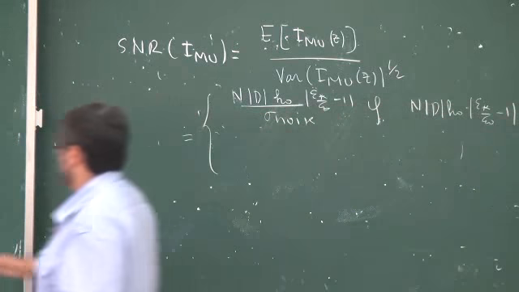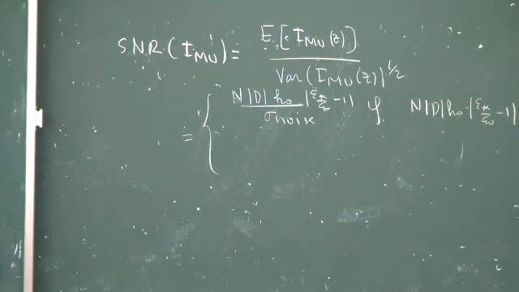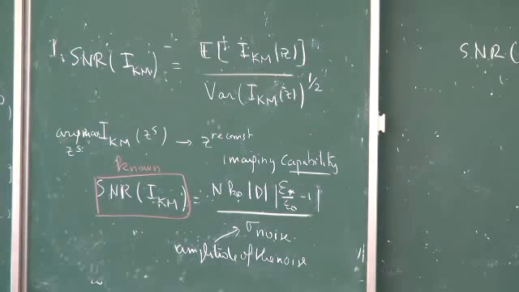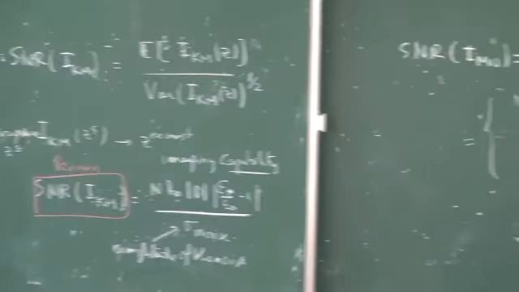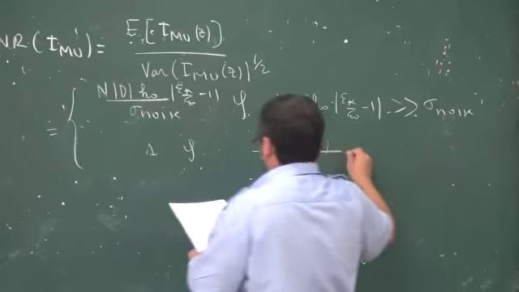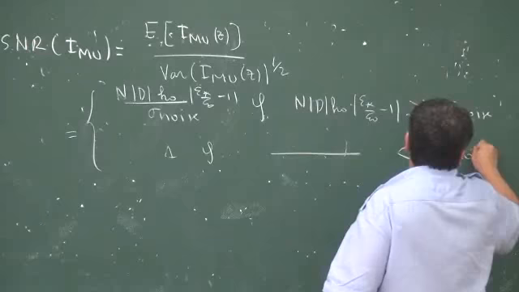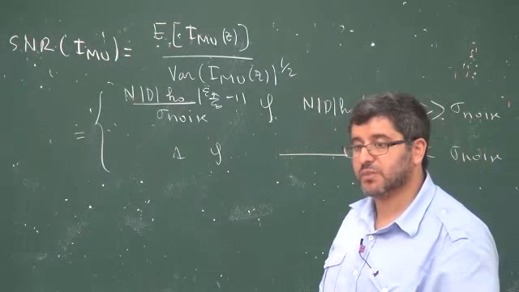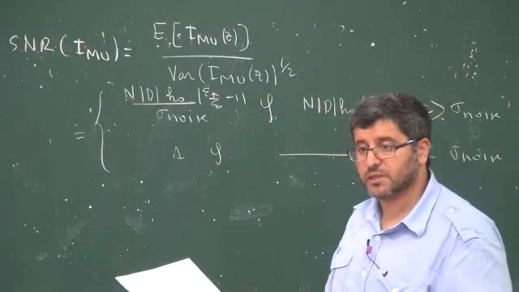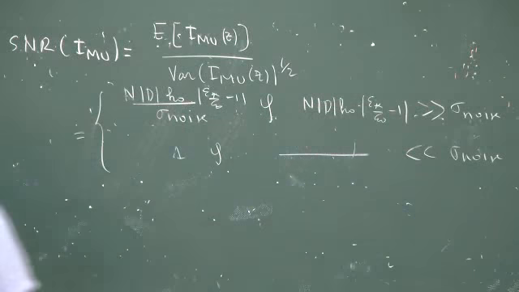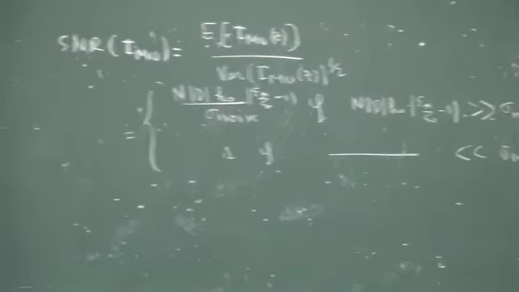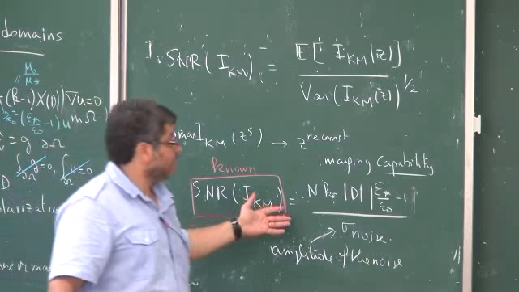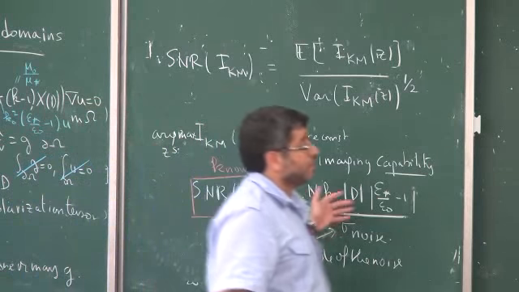So here we don't know whether it's of higher conductivity, higher permittivity, or smaller permittivity. If this one is larger than sigma noise, and it's 1 if this quantity is much smaller than sigma noise, it basically gets the same signal to noise ratio, but at the limiting regimes. Okay, it gets the signal to noise ratio when it's very high. If the signal to noise ratio of Kirchhoff is very high, the signal to noise ratio of MUSIC is very high. It's the same. But when this one is not too high, this one is a disaster.